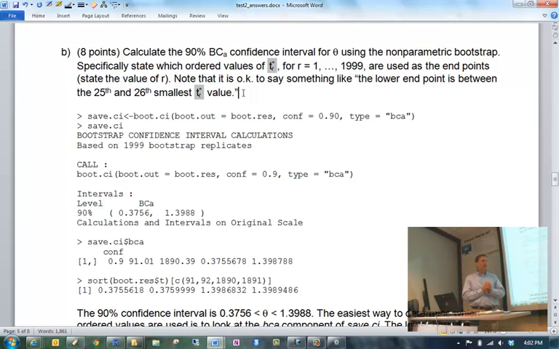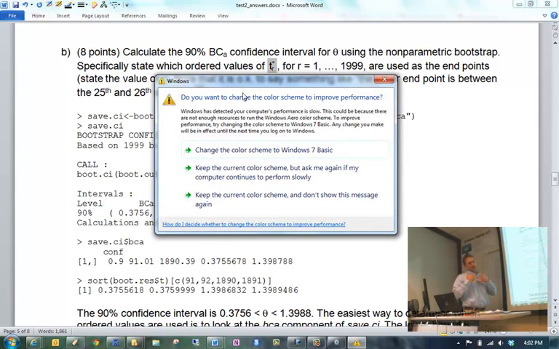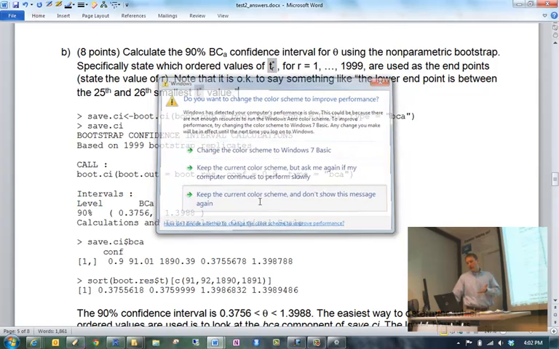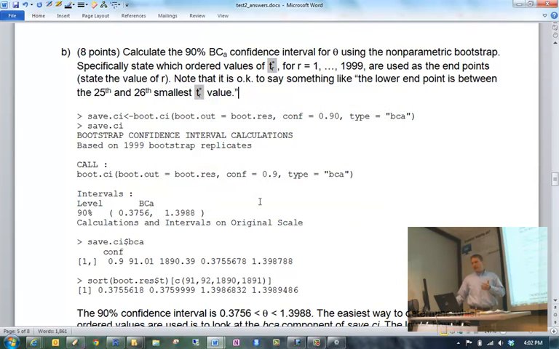So I just thought I'd put this on there and just have you go one step further in terms of telling me which ordered T-star value was actually picked. Some of you actually did try to find A, the acceleration constant, and W, the bias correction, and then actually do all the by-hand calculations. That was the long way to do it. The easiest way overall, though,